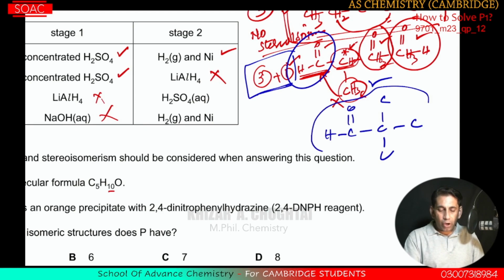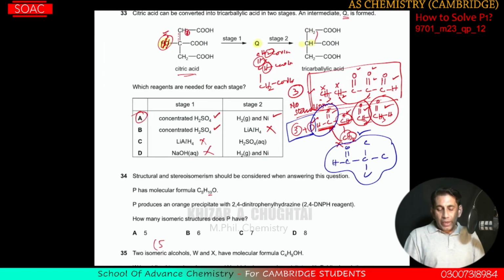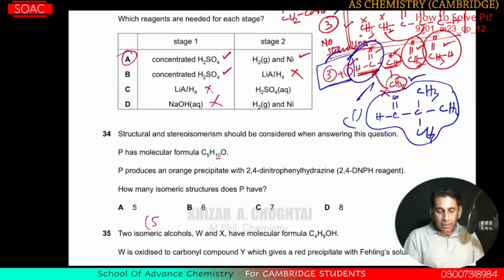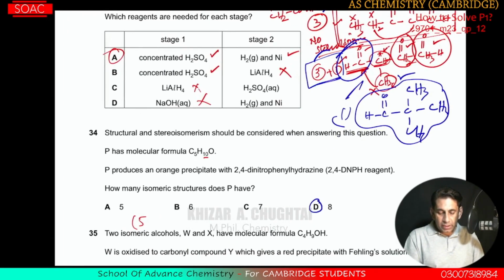Only an aldehyde can be made on this skeleton, on this backbone structure. So again, there is no chiral center, I mean, this carbon is not chiral. So one isomer is over here. 3, 4, 1, and maximum 8 is the answer, and D is the correct